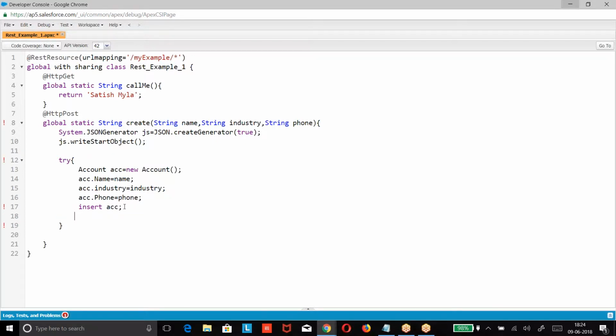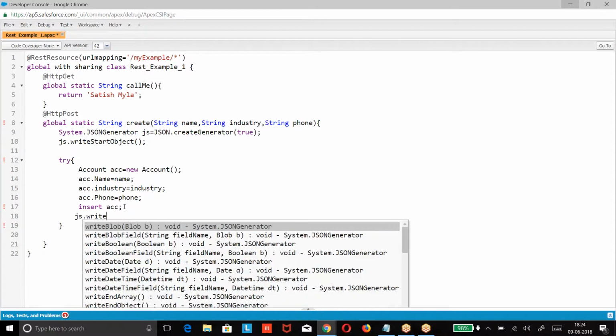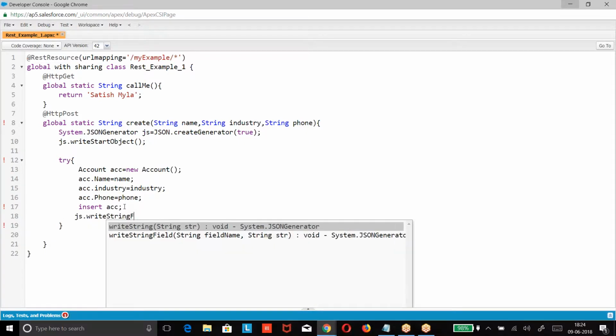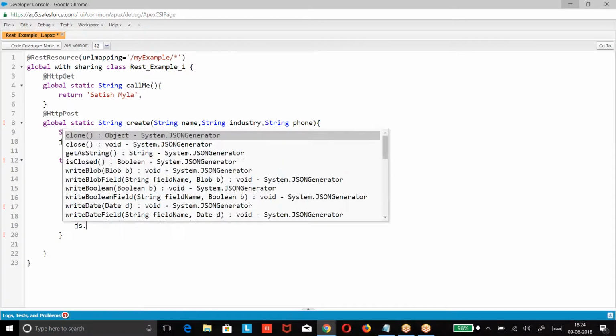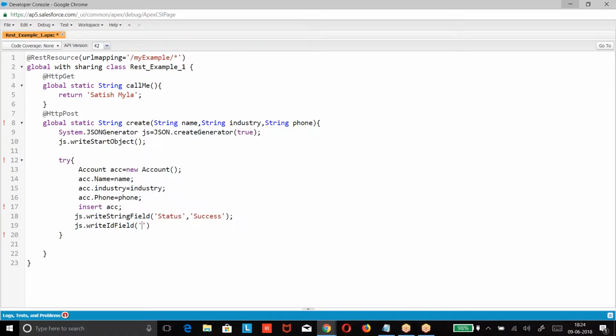If this insert is successful, JS dot write. Exception E. What is this exception E?